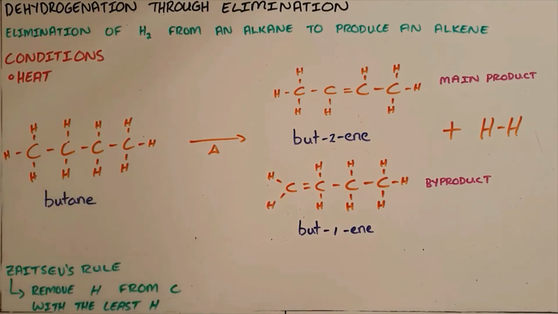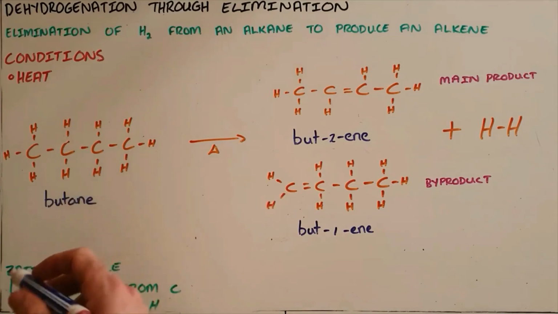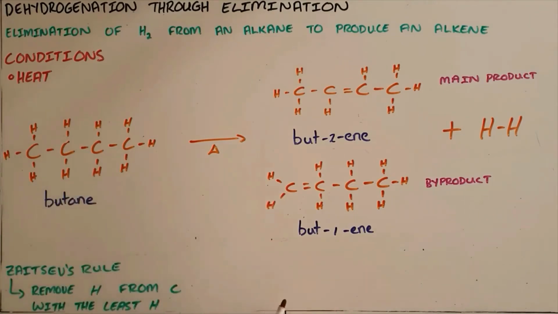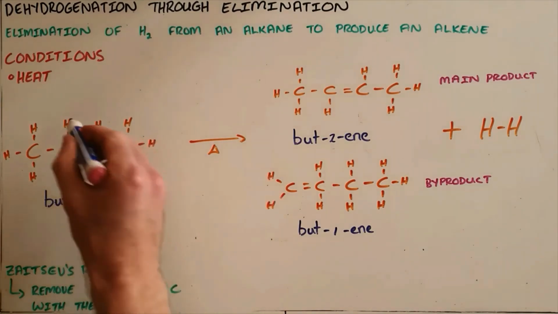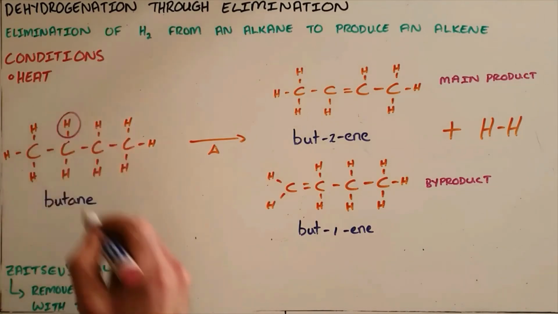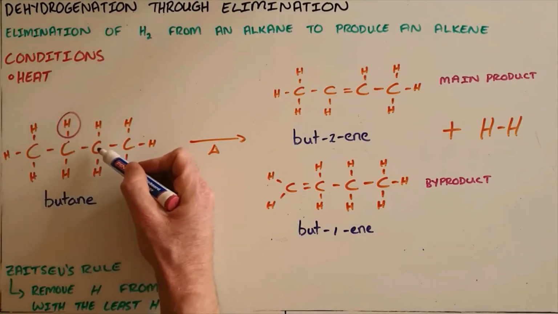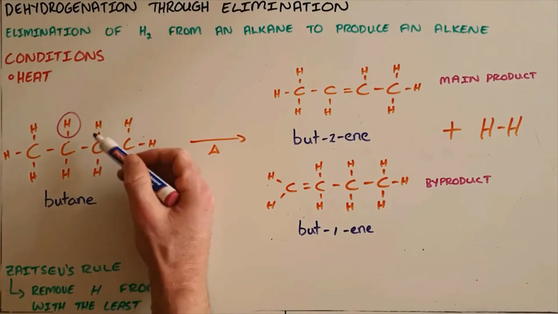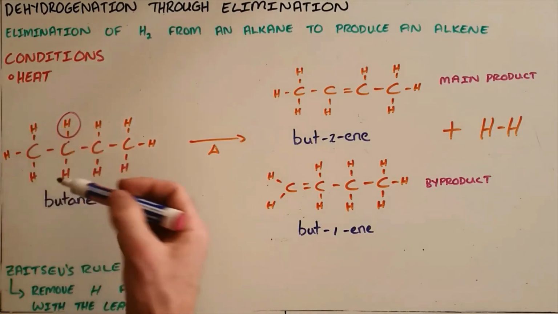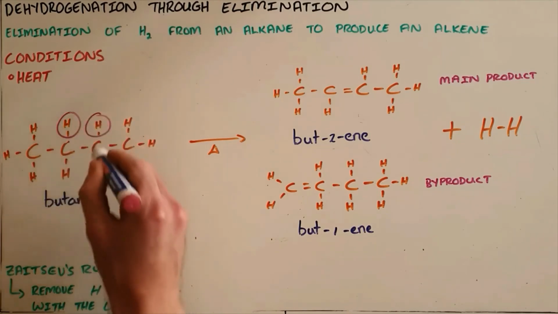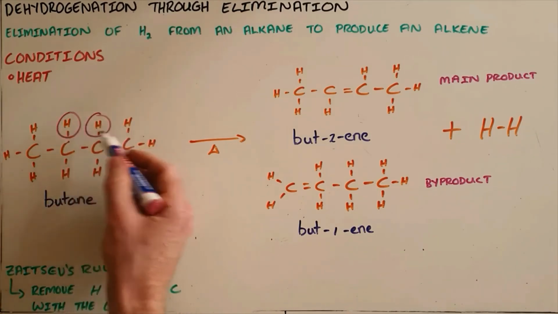So as an example here, we have butane, and butane, when heated, would lose 2 hydrogens or undergo a dehydrogenation reaction. The question of which hydrogens to remove is answered by Zaitsev's rule, which tells us that we remove the hydrogen from the carbon that has the fewest hydrogens. So that is going to be, in this case, the second carbon. We remove our first hydrogen, and then we can see on the third carbon there's also only 2 hydrogens, whereas on the first carbon there are 3 hydrogens, and since we must choose 2 consecutive carbons,